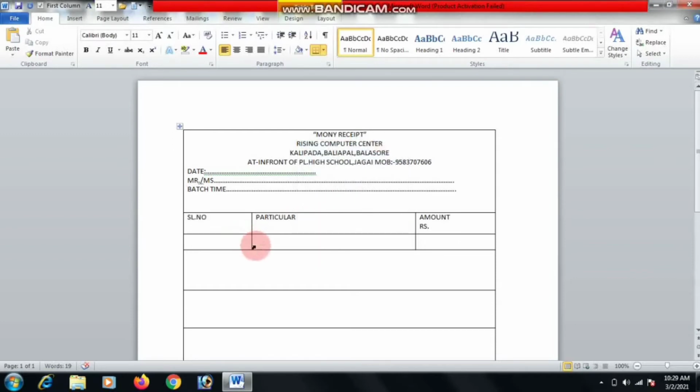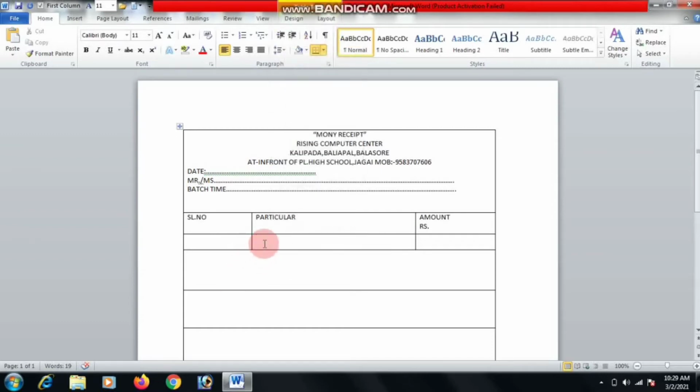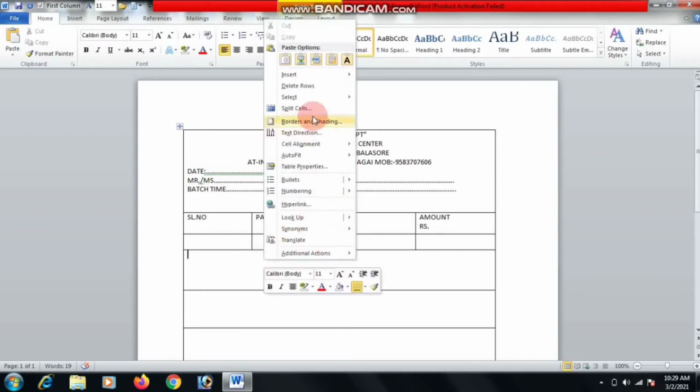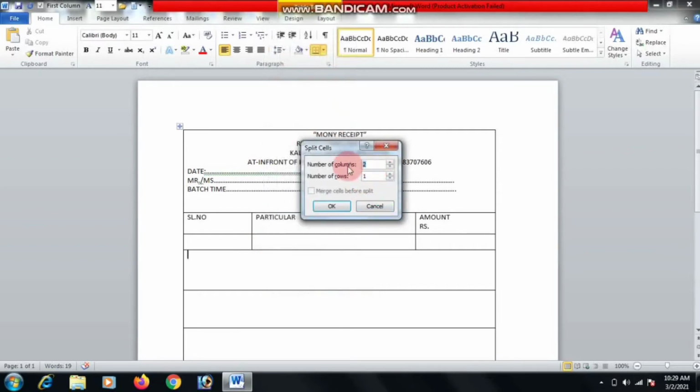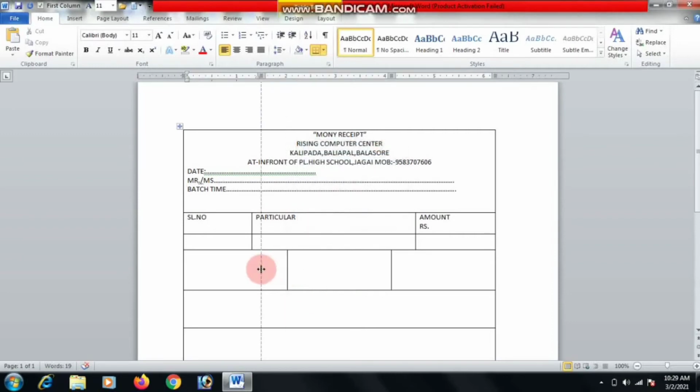Okay, then setting the row position, meaning right click over the cells, and we can also use the split cells option, divide into two columns.